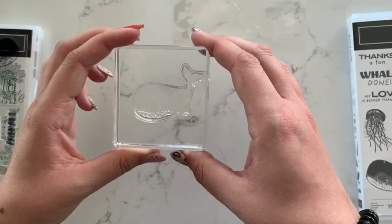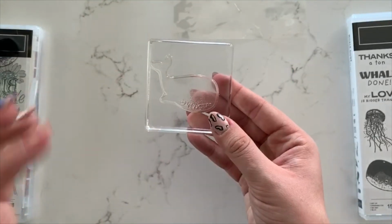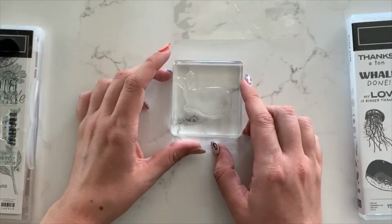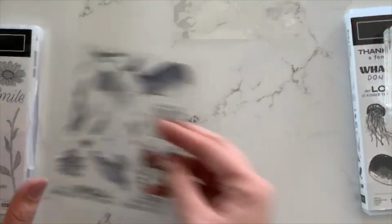That's what I love about photopolymer, is they're just super easy and you don't have to worry about putting any stickers on them or whatever, which is what we'll get into when we talk about the cling. So that's photopolymer. With cling,